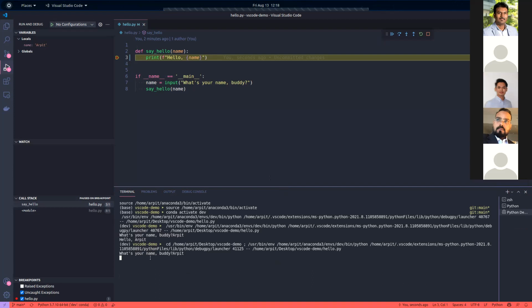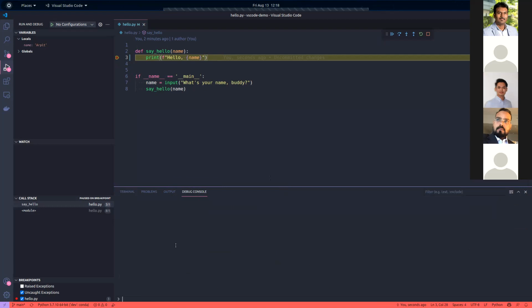As you can see here, it did not print anything for me. What happened is on this yellow line, the active line you see here, it has stopped the execution. And what we can do is, if I go to the debug console, I can view different variables that currently exist in memory. For example, even in the left-hand panel, you can see the current local and global variables. They are separated by local and global, right? Currently I have only one local variable, which is name, which has the value of it.